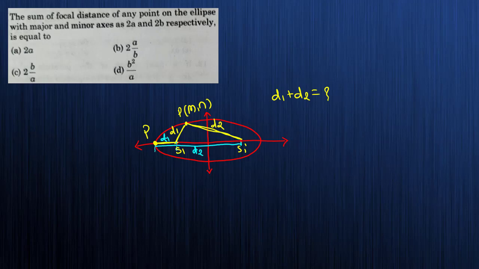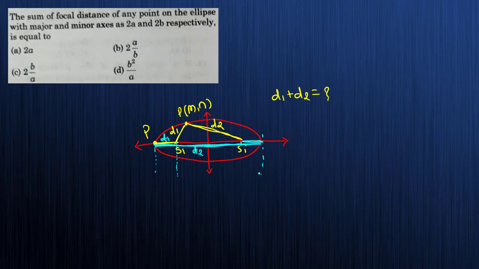Now look, this much part, you are counting it twice. This much part you are counting twice. Means if I take this one part out of the two, this part is equal to this part. Yes or no? These are the two parts, which is nothing but the same as this part. Means what? The focal distance of point P is equal to what? Can you say this whole length is the total length we have, which is the focal distance of point P?